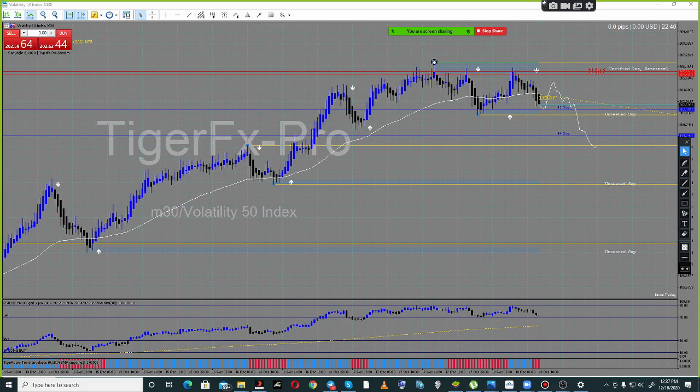So now I'm going to show you how to use Boom and Crash, because there are too many requests on how to trade them. Simple: don't trade spikes on Boom and Crash. Only follow the market. People like to trade the 5 minute and 1 minute on Boom and Crash, so I'm going to click on 5 minutes on Boom, and then I'm going to share this screen for you.